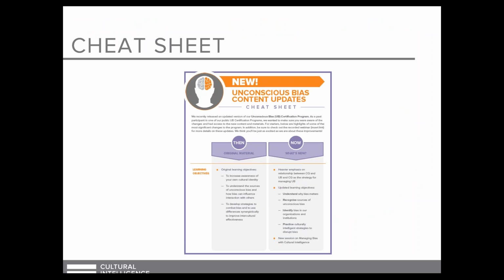So before I get started in terms of walking through the details of the changes, I just wanted to highlight a few things. The first is that in addition to you receiving the webinar, we did also create what we're calling a cheat sheet, and you'll see that right here on the slide. The cheat sheet just provides you with a very high level of what some of these changes are. So you'll see on this first page here what the original materials look like and what some of the new content will look like. Again, I'll be walking you through in a bit more detail what these changes are, but on a high level, you can see here on this cheat sheet what are some of the most significant changes that we've made to the program.